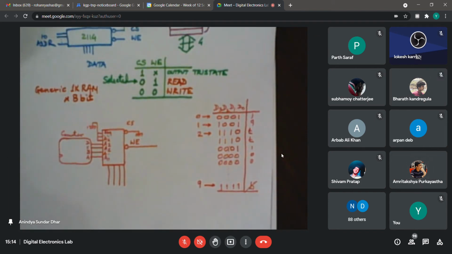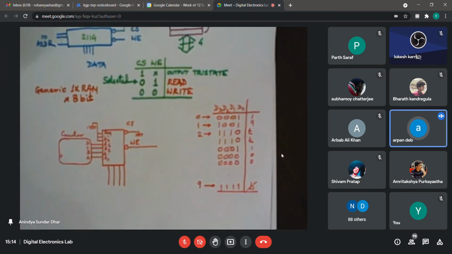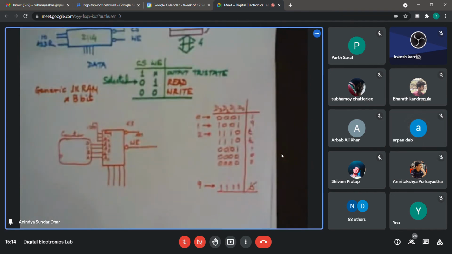No. We need to maintain the sequence, I think. The specific address won't matter, I think. Right. Because essentially they are coming in a sequence, one after the other. So then there should not be any problem, right?